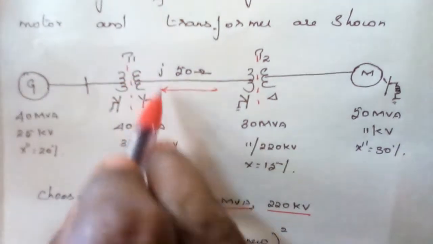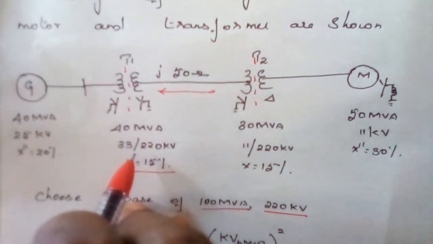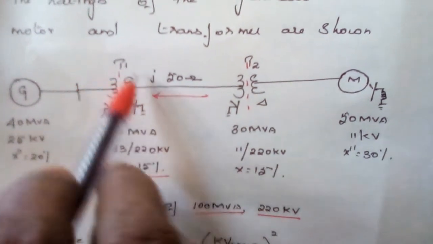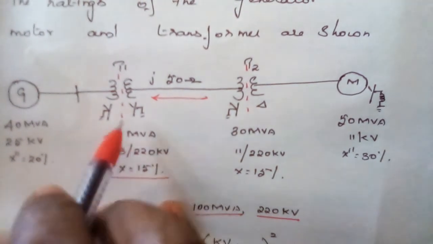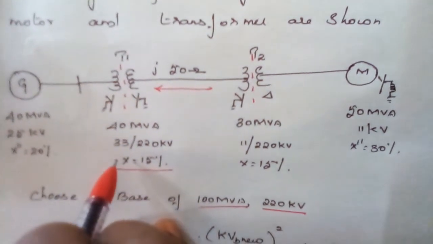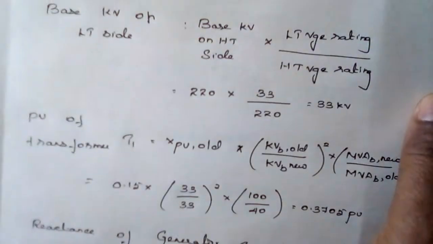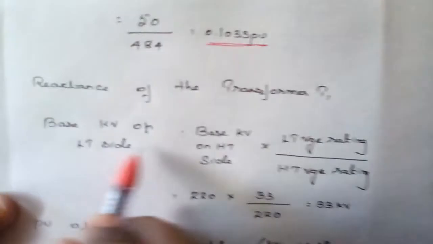Since there is a transformer, we need to calculate another kilovolt voltage, because there will be a voltage change due to the transformer voltage ratio proportions, right? So we need to calculate the new kV value, and then we need to calculate the per unit value. And the formula for calculating the new kV value is